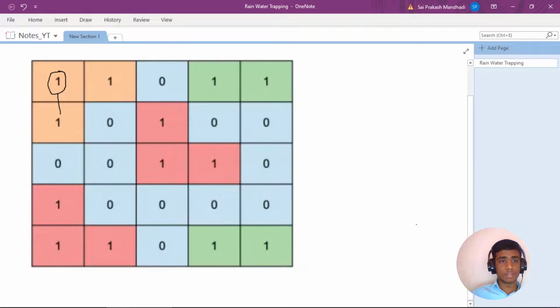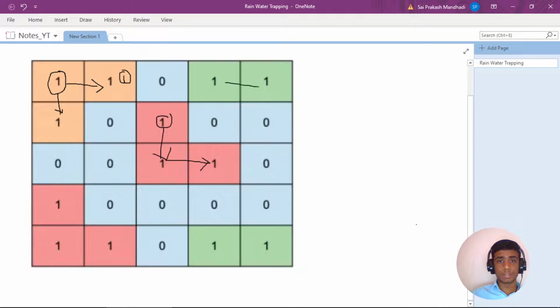We can join this and this, since we can move in the horizontal direction, and this will become an island, because from here if we go horizontally or vertically, we can only see zero. And according to the problem, we cannot travel in this direction. Technically this entire thing is one island, but in our problem these two are considered as two different islands. So this will be island 1. In the same way, this can be connected with this, and this can be connected with this. So these three become island number 2.